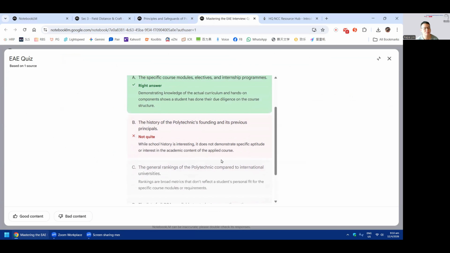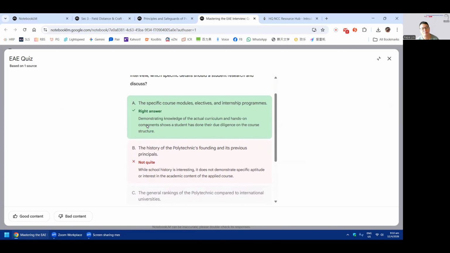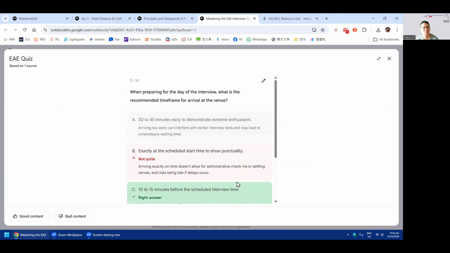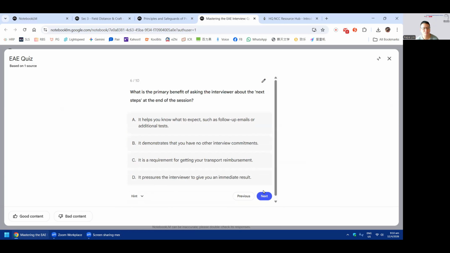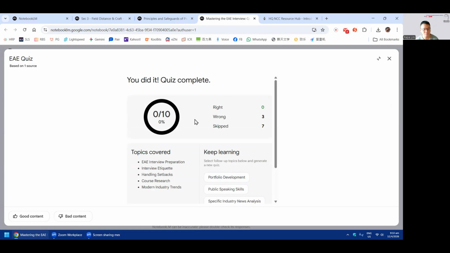Okay, the moment you click, it will tell you the answer already. And then afterwards it will give you a bit of feedback, some of which is actually quite accurate. Then you can move on. Once you reach the end of the 10 questions, it will give you a brief summary of your